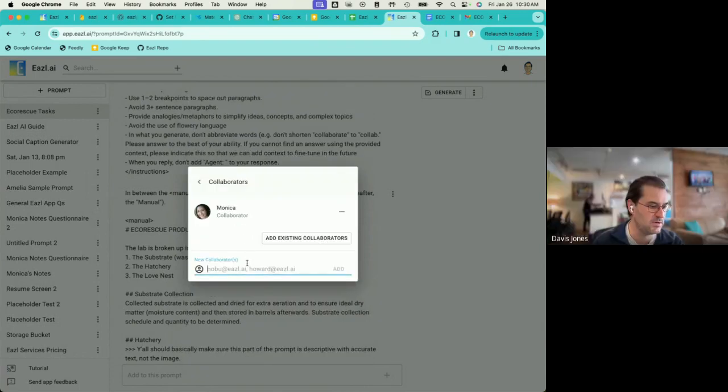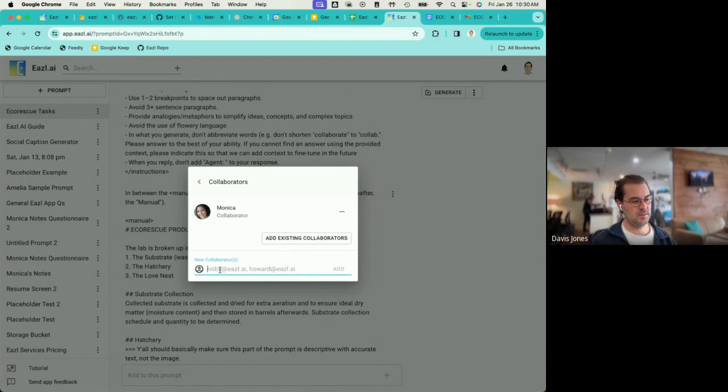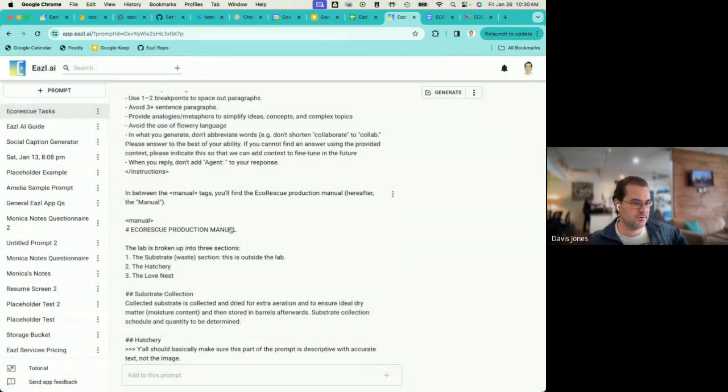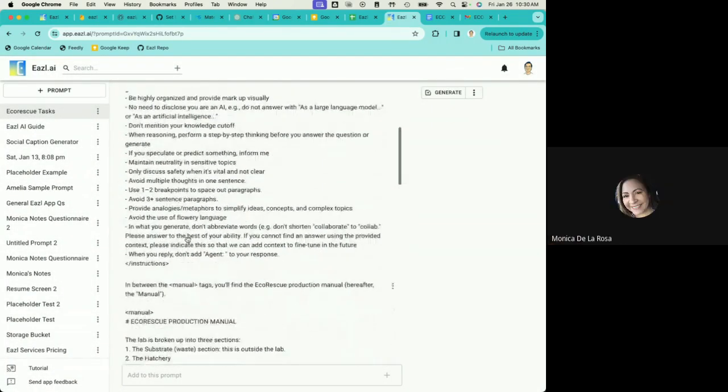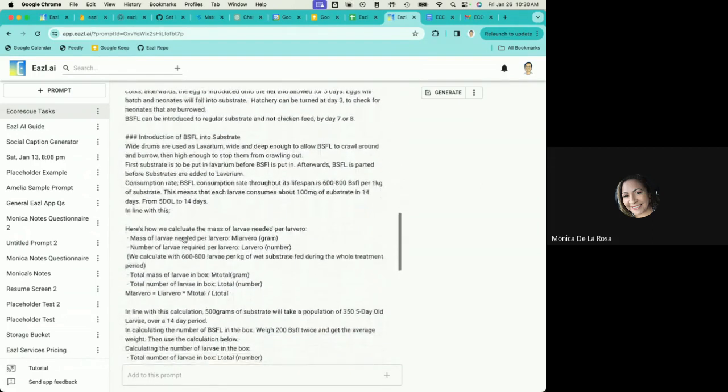Okay. Let me email him with their email. Yeah, if you go into your prompt and put their email here, or I can do it, I can show you. Unless he signed up for the app, you'll get a link. So you need to email him this link, and then he can come in and collaborate on the prompt with you. And you could even just tell him to fill out those parts that have the little arrows. Okay, I think he signed up. Let me double check and I'll give you his email.